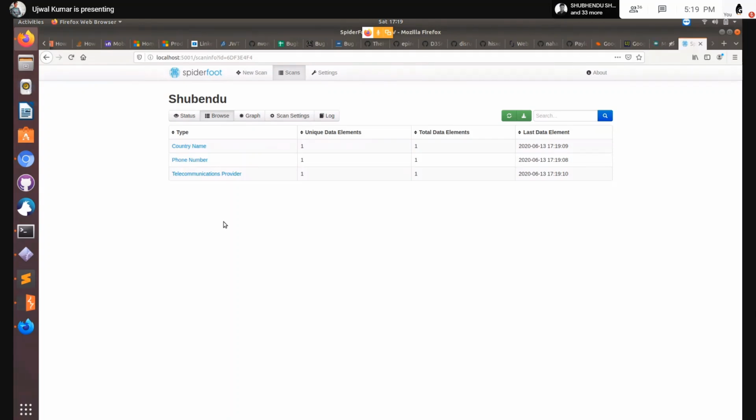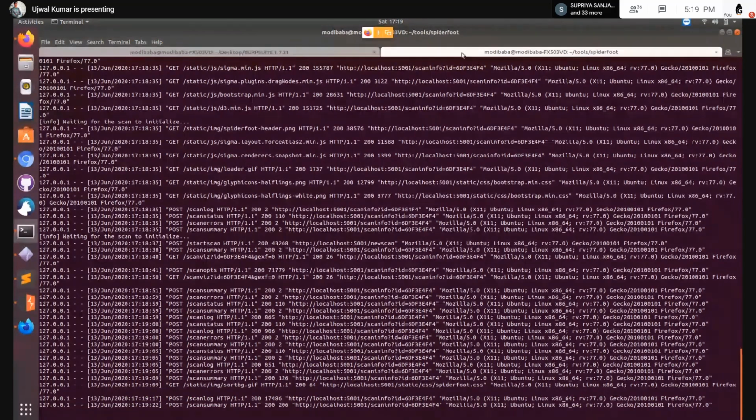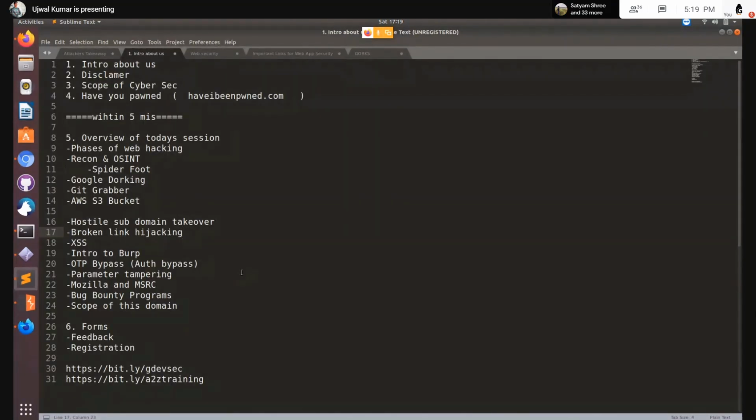At the end of it, let's see if I can send data to Shubhendu. Until then, I'll just proceed with a new window. Yeah, new tab. So here, I think I've covered Spiderfoot. Let's see till the end of this call if we have data regarding Shubhendu's open source information.